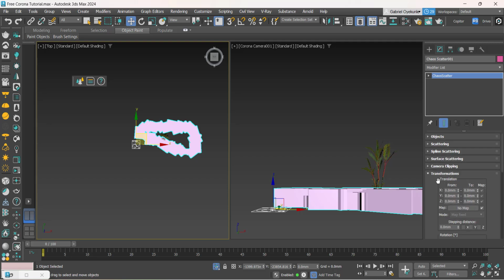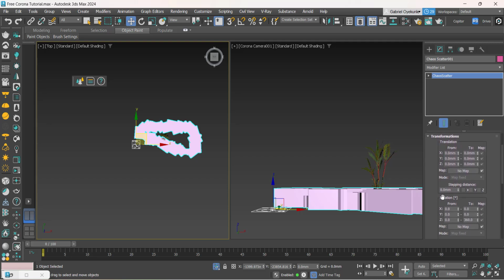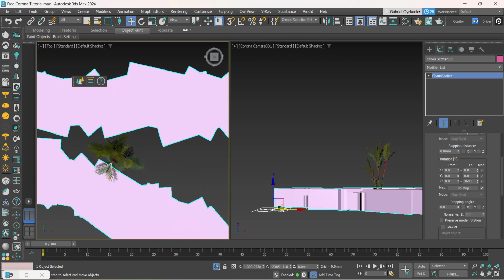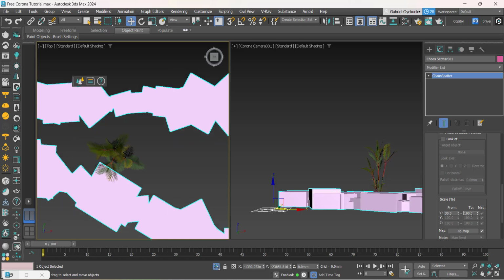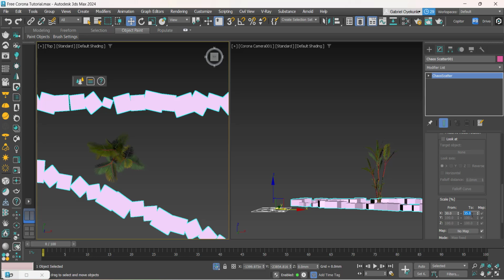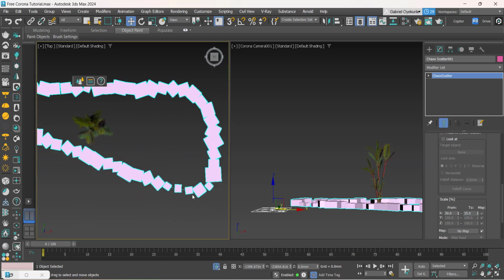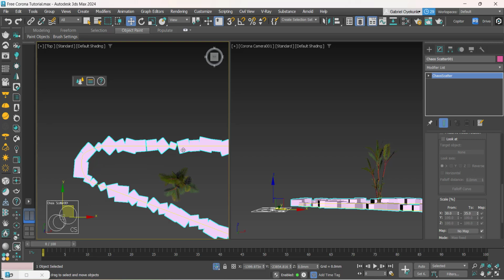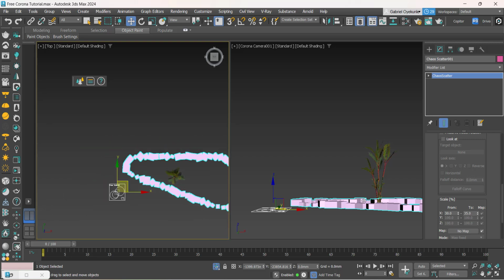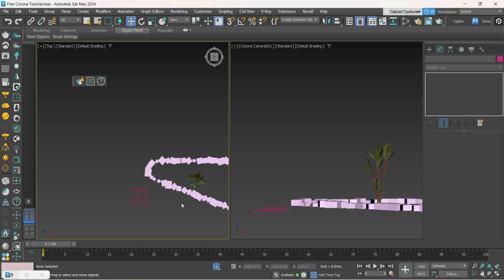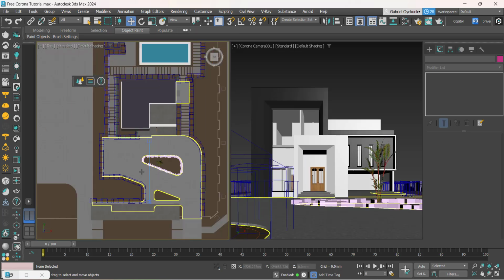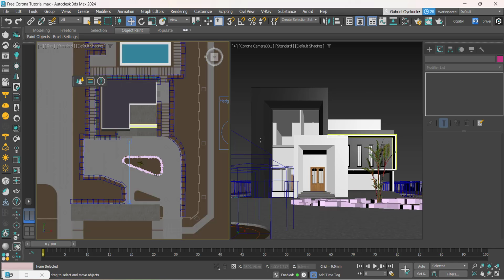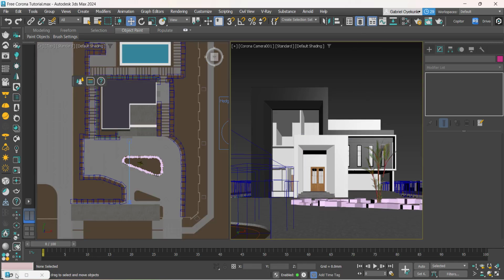So 600. I think for the transformation, everything is okay except the height. So I can scroll down to scale and scale it down from 100 to maybe 30 to 35. You can see now, it makes a lot of sense. It is randomized, with that scale, and we can still come back to it and edit it. So I can hand isolate now, and you can see the way things look. It's looking good, and